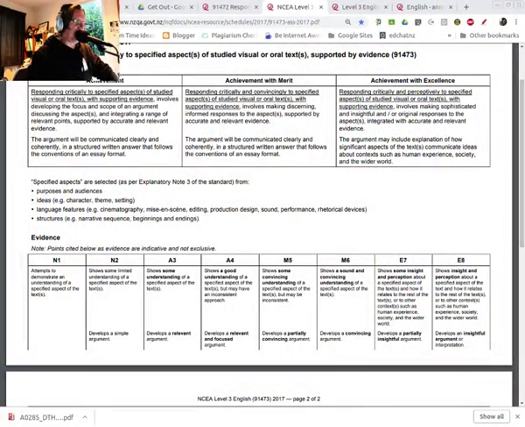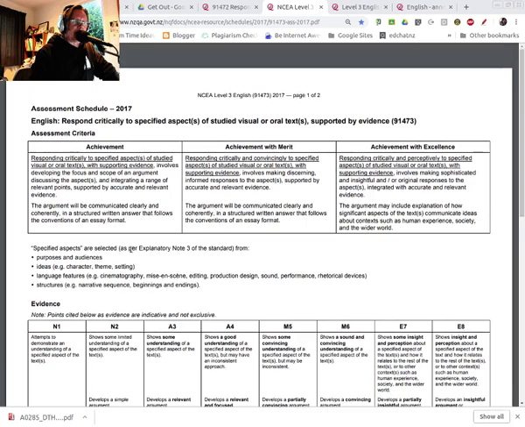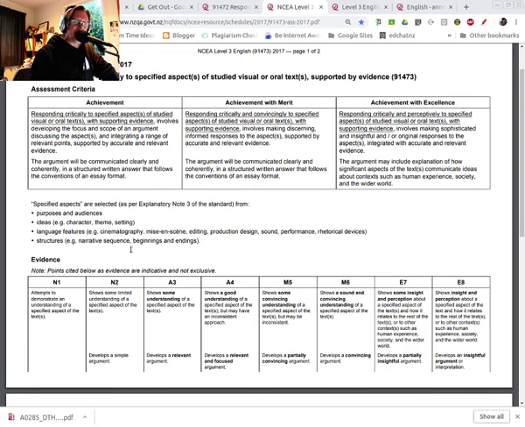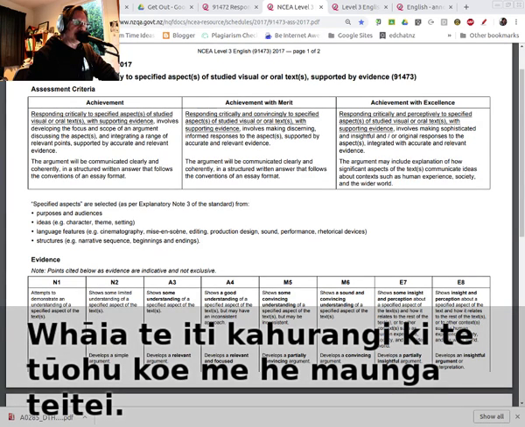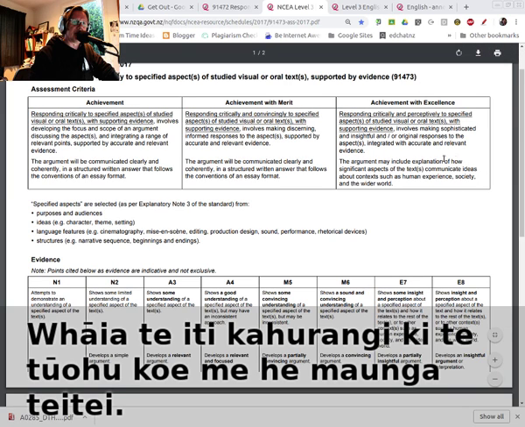Now, the next thing I wanted to look at, and this is a little bit harder to find, and I will definitely make sure I link this one up, is an assessment schedule. This is kind of a marking schedule for the marker to probably have in front of them while they're marking these papers. So what I want to do is look at the excellence criteria,